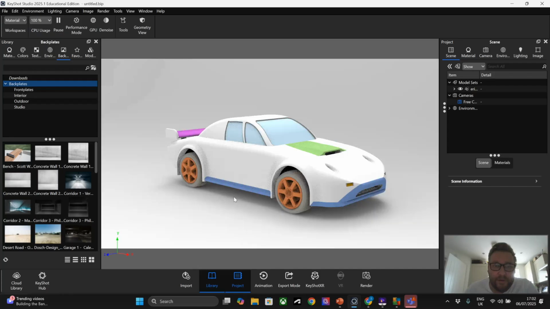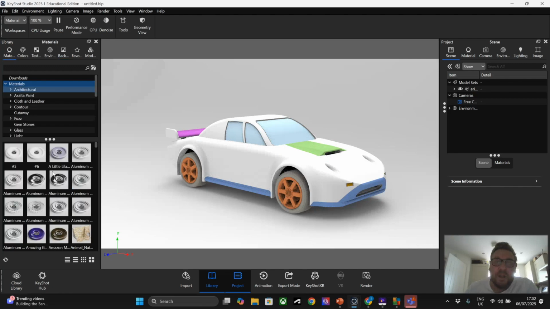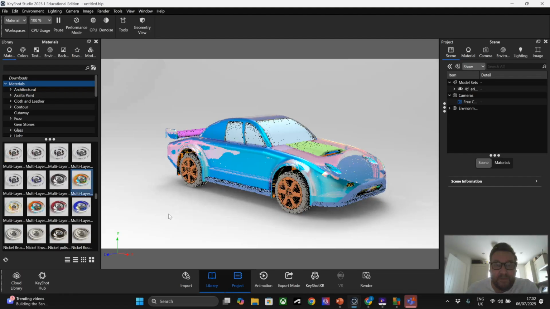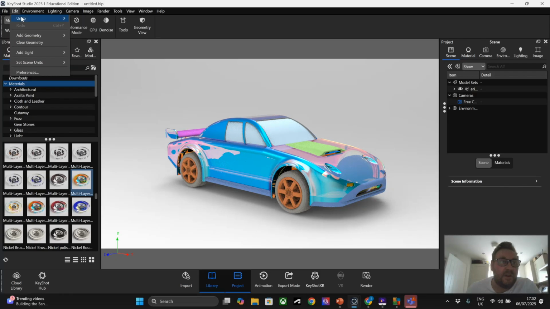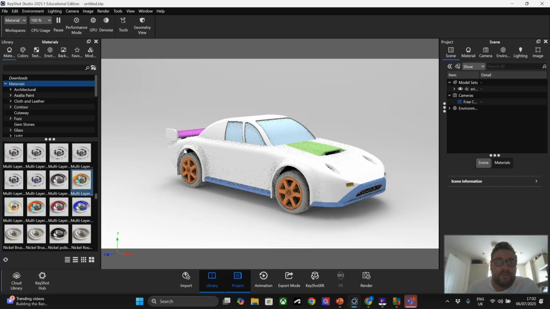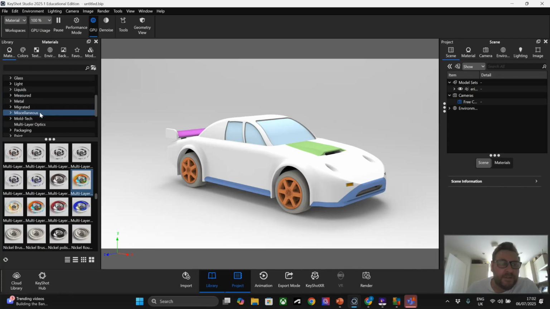Now we are just going to keep this simple, just applying some colours and decals. So I'm going to go across to materials, which is on the left hand side here, and I've got lots of different materials there. You can scroll through everything there. There's some interesting ones in that, multicoloured, things like that. You can create some really interesting designs on here, and of course we just need to go undo to get rid of that. Now before I start rendering, I'm going to turn on the GPU. It just speeds things up a bit and will help to improve it,